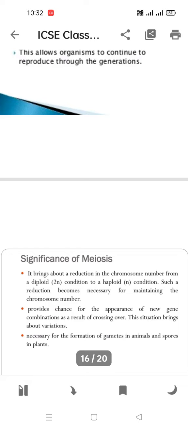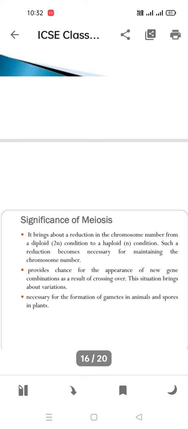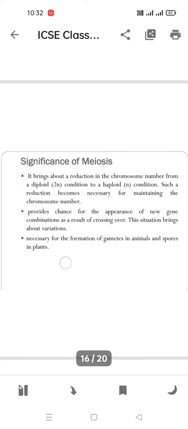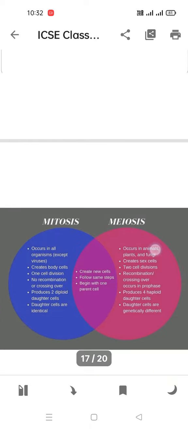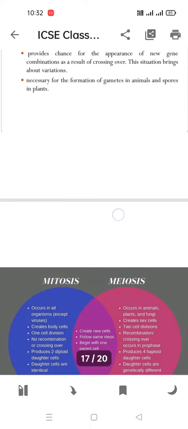ठीक है, और ये प्रोवाइड करता है चांस फॉर द अपीयरेंस ऑफ न्यू जीन कॉम्बिनेशन एज अ रिजल्ट ऑफ क्रॉसिंग ओवर। और यही सिचुएशन वेरिएशंस ला देती है। And next, it is necessary for the formation of gametes in animals and spores in plants. मीन्स जो एनिमल्स हैं उसमें गैमीट्स का फॉर्मेशन करती है, और जो प्लांट्स है उसमें स्पोर्स का। ये हमारा सिग्निफिकेंस हो गया मियोसिस का।